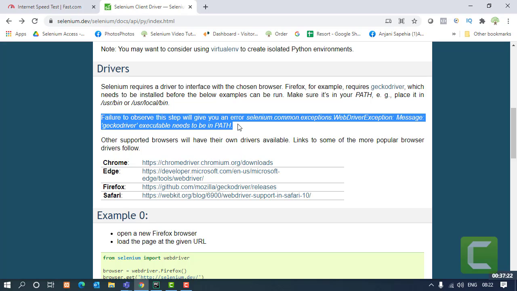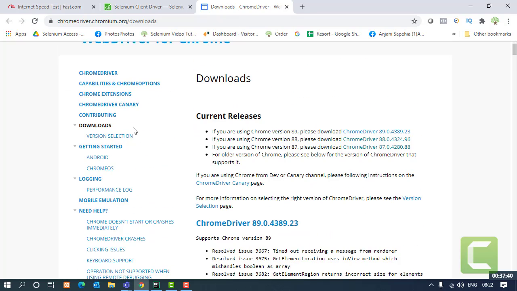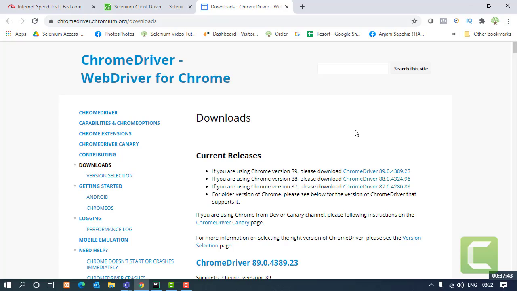Let's say I want to open up Chrome for the first time. So for Chrome, from where you will get the driver, here are the links given. For Chrome, this one is the one. So I'll open it up in a new tab. This kind of page you are going to get. Right. Now which version of Chrome driver you have to download? It's very strict which version of driver you have to download for Chrome and for Edge as well. They are both almost the same.